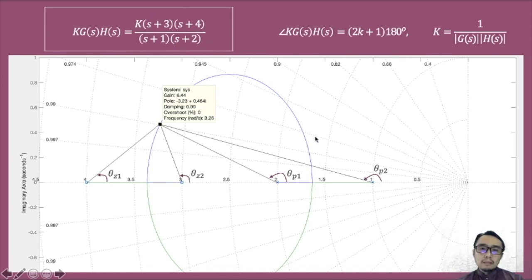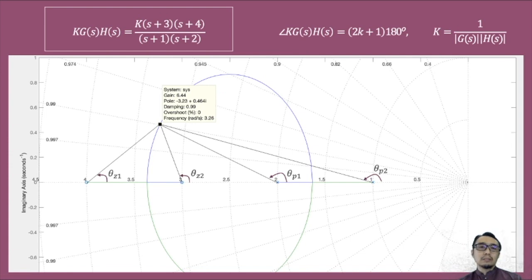The relationship that we have derived informs us that if you have a point, say anywhere in the complex plane, that point will be in the root locus of the closed loop system if the angle made by the vector of zeros, theta z1 and theta z2, minus the angle made by the vector of poles to that particular point, here theta p1 and theta p2, equals a multiple of 180 degrees. Then that particular point that we have selected is indeed